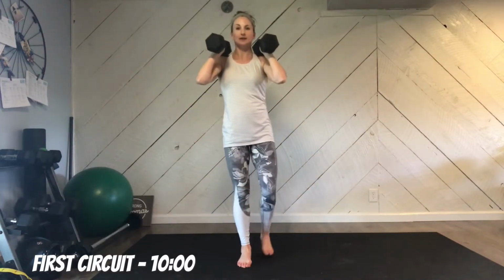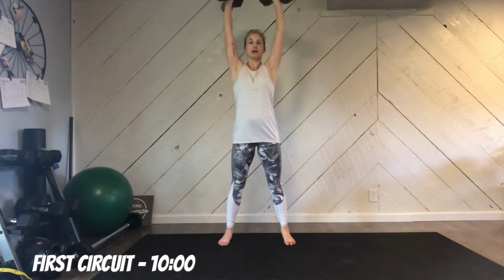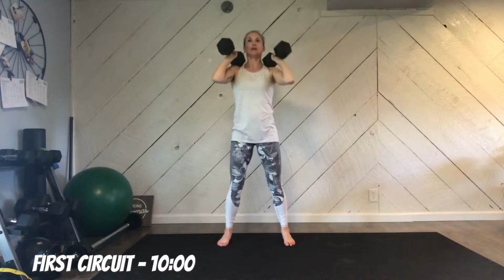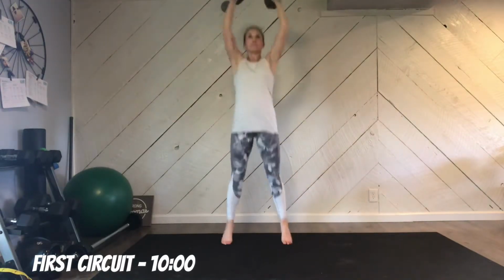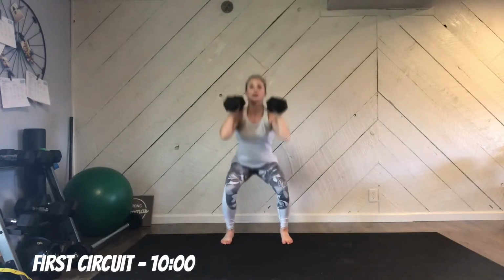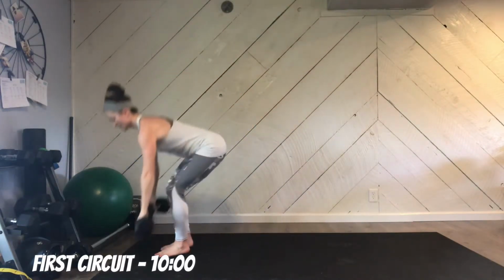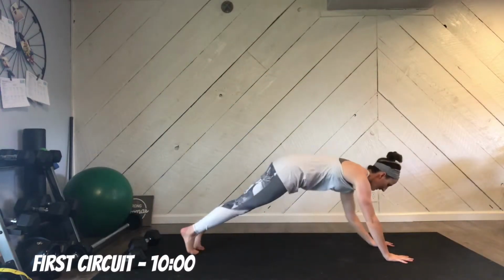As soon as you're finished with your cross behind lunges, keep the dumbbells up on your shoulders, do a half squat, and then use the momentum that you have when you're standing up from your squat to push that weight up overhead. It doesn't need to be a full deep squat, it's just a half squat, but at the top you're just popping the weights overhead. We'll do 5 reps of that, then set the weights to the side,